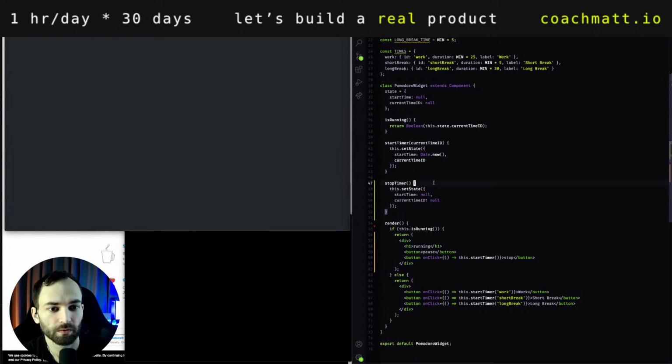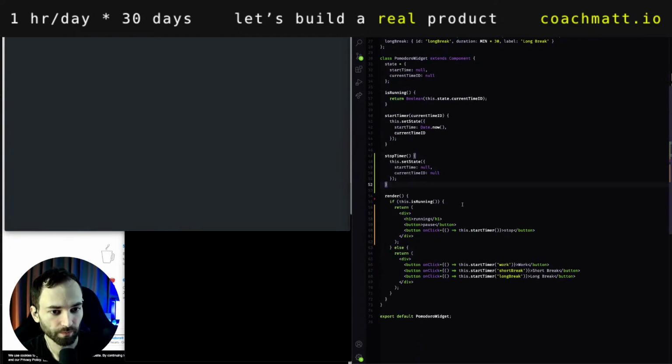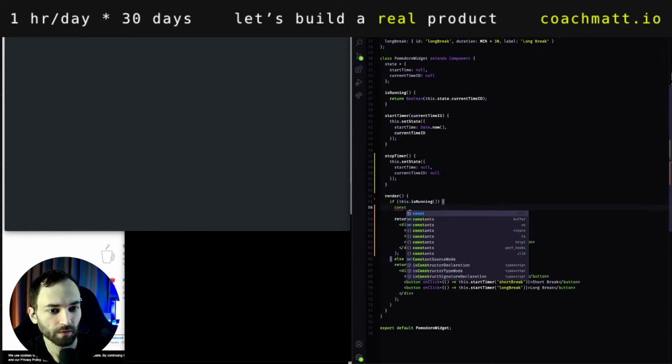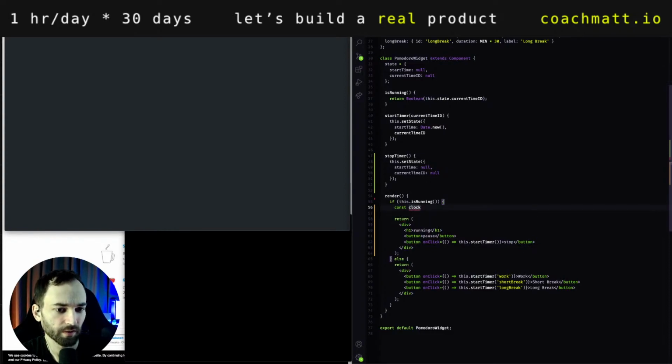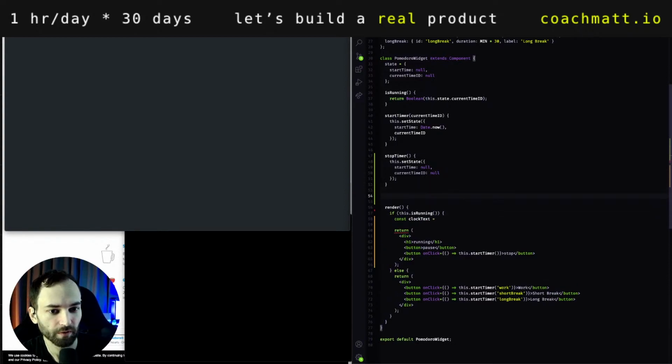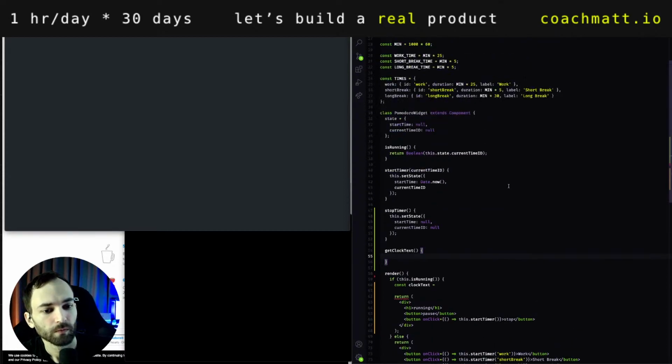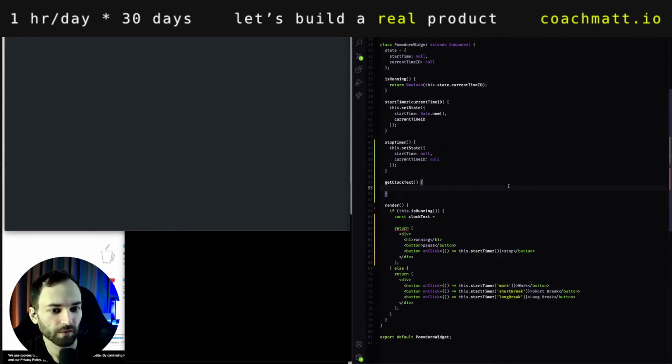So if we're running, then we want to render our time. Right? So const, I guess, clock text. Maybe I'll make a helper function for that. And this will, yeah, let's just say if